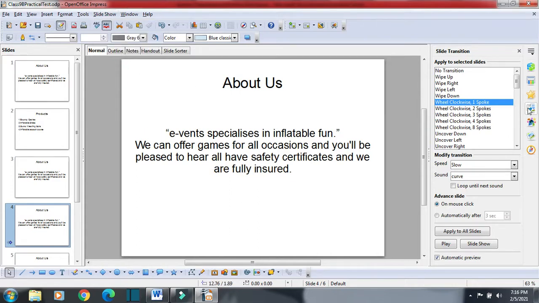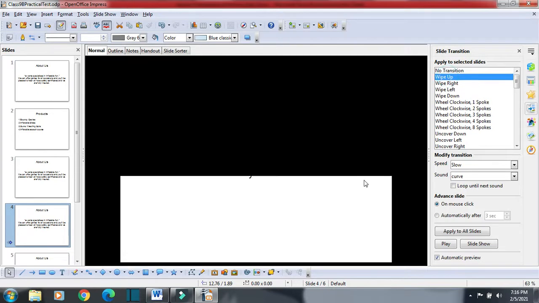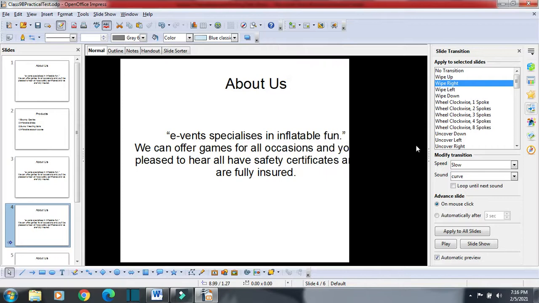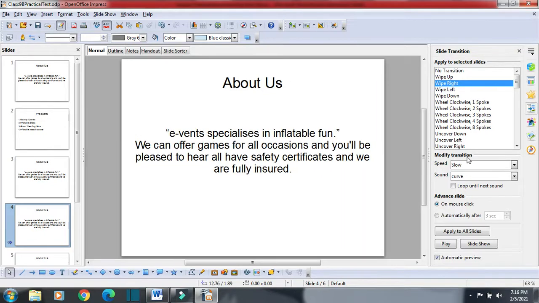Then I will select whatever effect I want, suppose wipe up or wipe right. Okay, and then whatever modification I want to do, speed or sound, I can choose, and I will click on apply to all slides. When I click on apply to all, all the slides will have the same effect, wipe right, and all will have the same speed, slow.